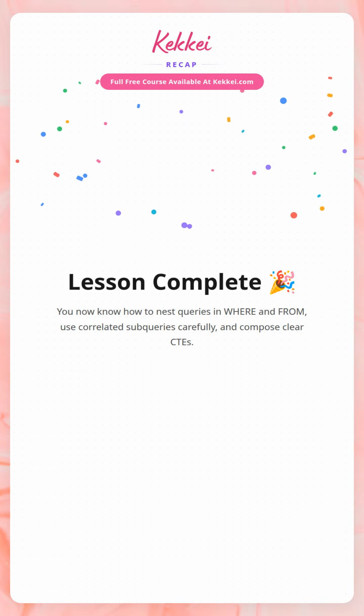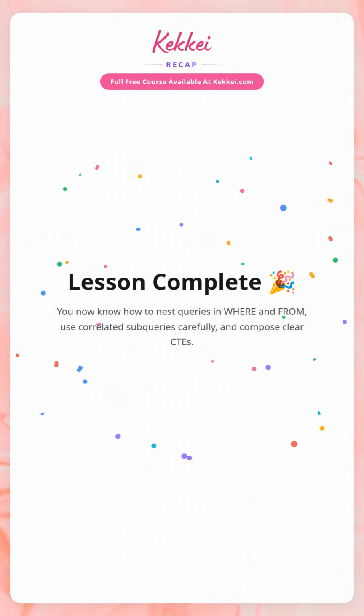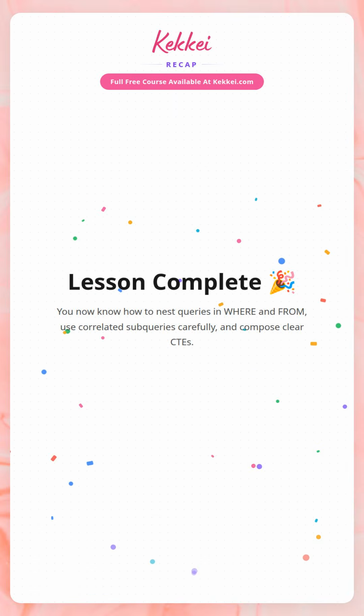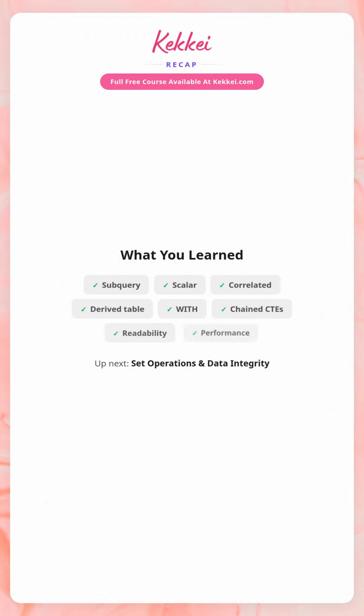You now know how to nest queries in where and from. Use correlated subqueries carefully, and compose clear CTEs. These are the building blocks for every complex analytics query and for any SQL you will need to maintain long